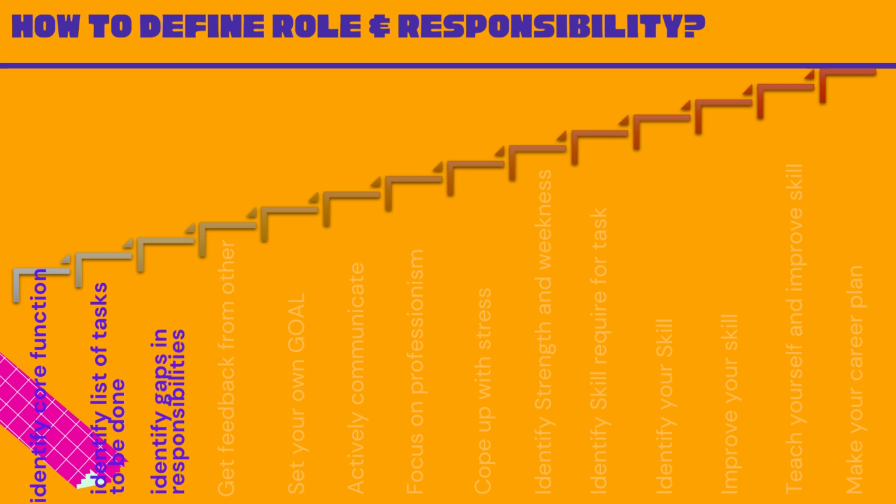3. Identify gaps in responsibilities. After creating your to-do list, compare and contrast these tasks with what team members are doing. This comparison will help you identify any gaps in responsibilities. When you identify gaps in responsibilities, these gaps become your starting point for you and team realignment. You can then move team members back to their intended roles and figure out who should take over any additional tasks they were handling.